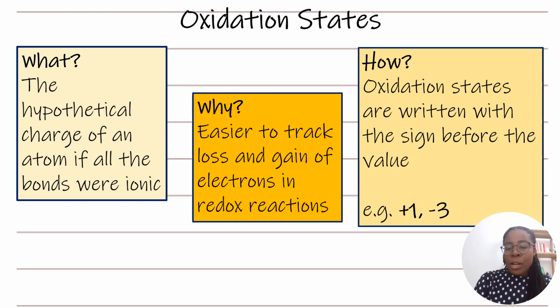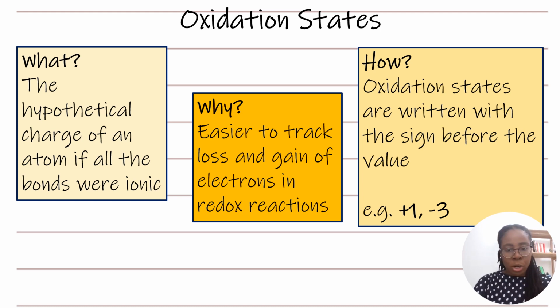Now, full disclosure, oxidation states are not real. Okay, they are the hypothetical charge of an atom if all of its bonds were ionic. And the reason that we assign oxidation states is because it's easier to track the loss and gain of electrons in redox reactions using oxidation states rather than to try to look at formal charges where sometimes species might not